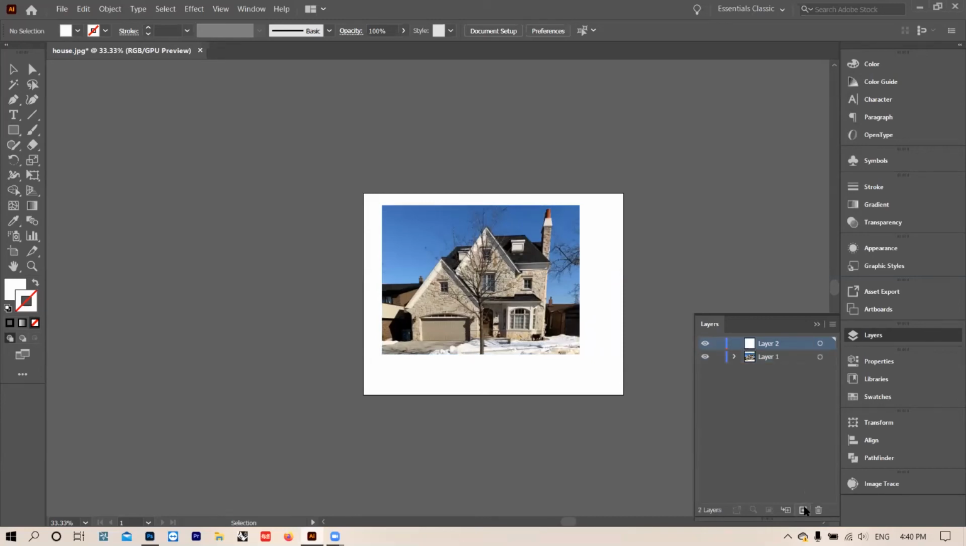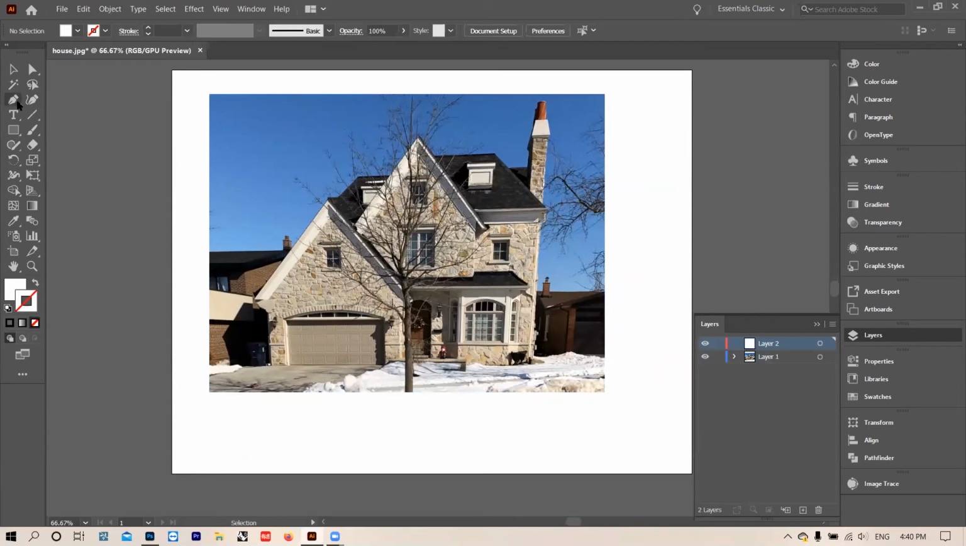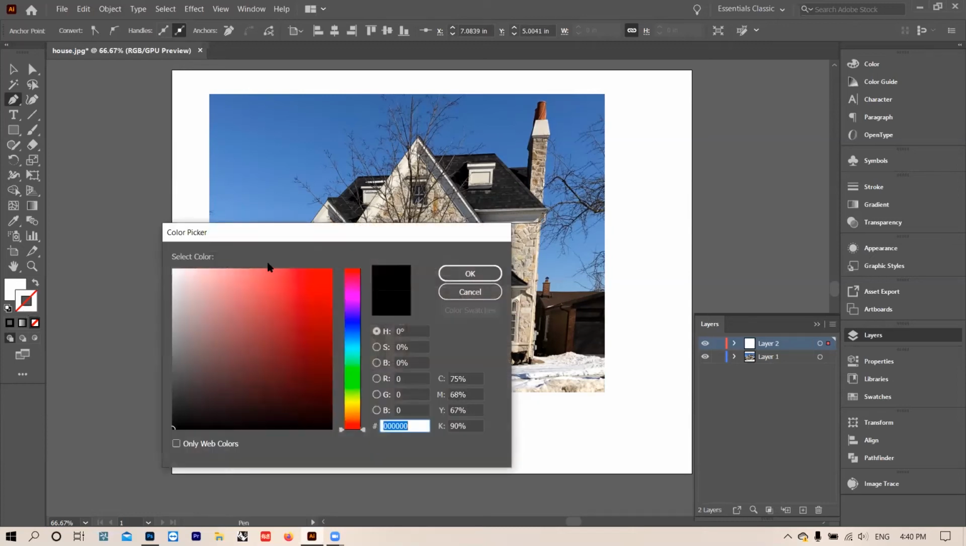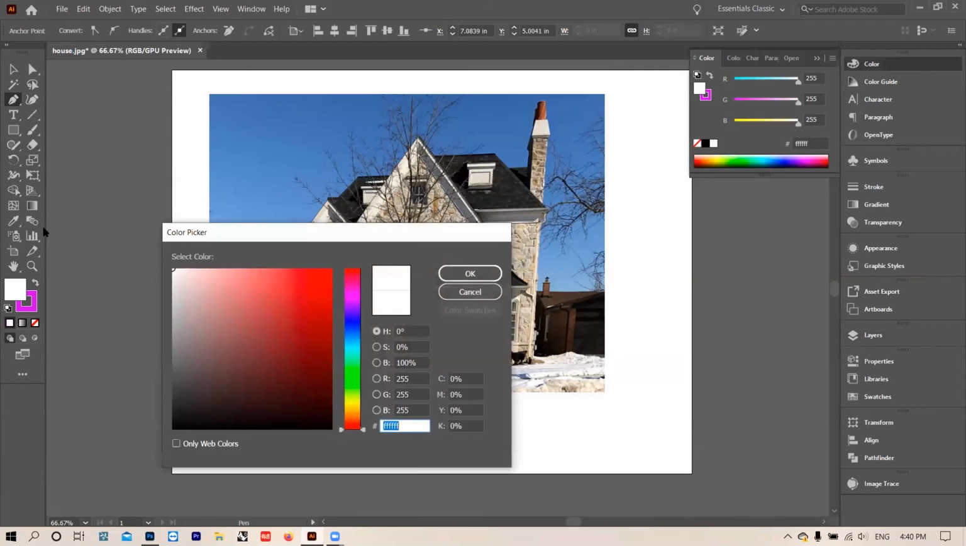Firstly, we also create a new layer and you can use the pen tool here. Maybe I'll highlight the window part here. I just draw my selection and I can choose an outline, maybe some ugly purple. And I can choose a hatch, maybe